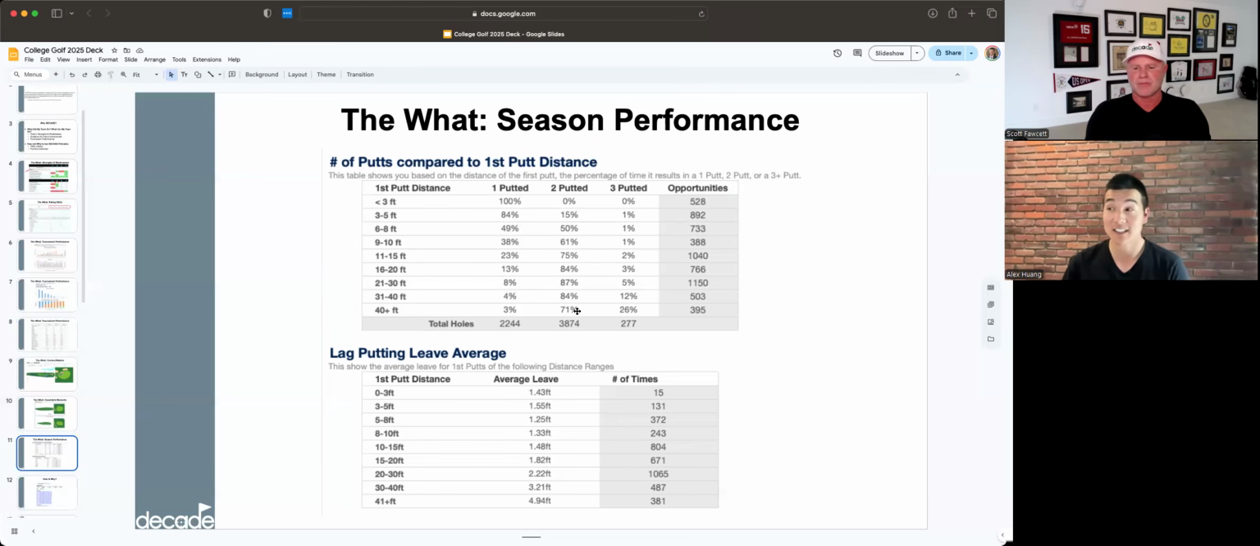And again, you can kind of look at this and say, okay, we probably need to work on our speed control here. We need to make sure that our players have the proper mindset and approach when facing a lag putt and understanding kind of what the goals and objectives are when they're that far away from the hole. And then the bottom part is kind of the same thing, just in a different way. It tells you sort of the average leave by distance. And again, just helpful to get a sense of what your players are leaving themselves after their first